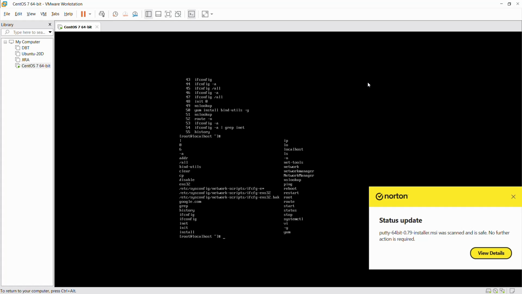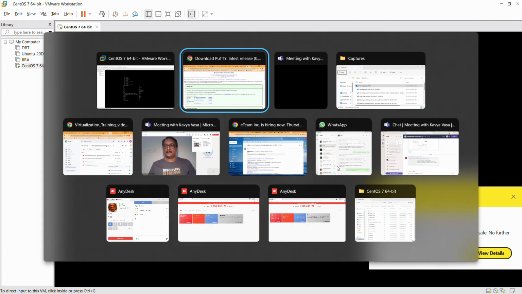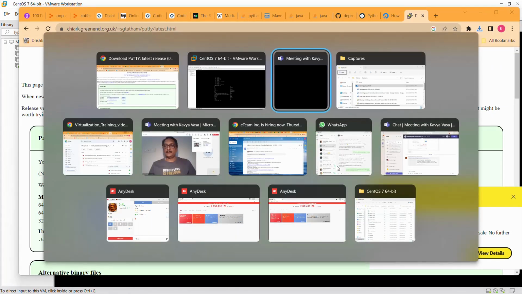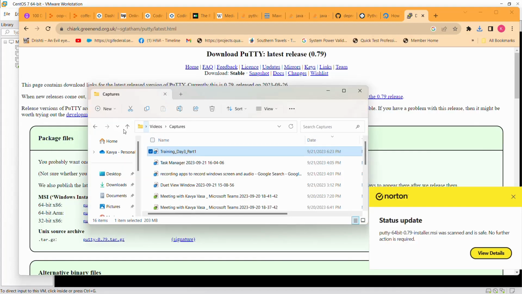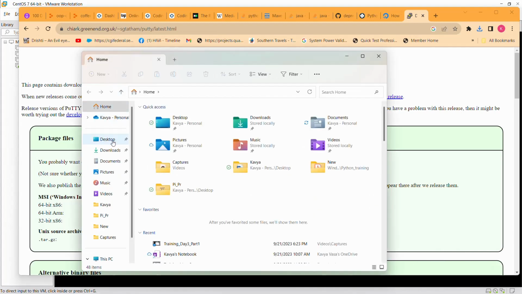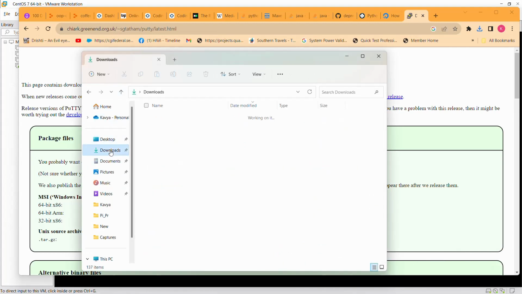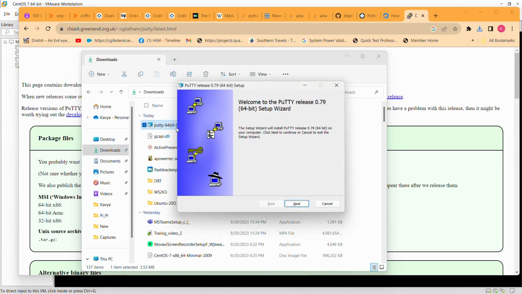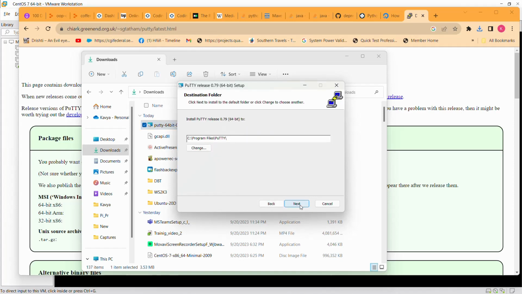There's a downloads folder, and this is your putty. You're going to connect through SSH if I'm not wrong.